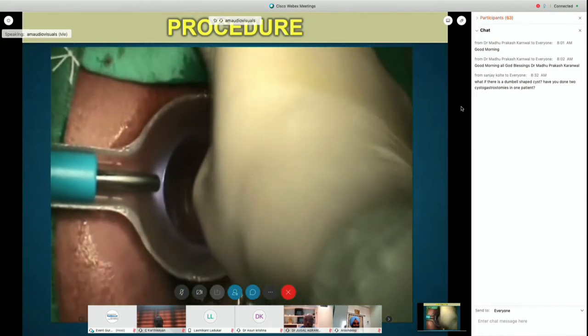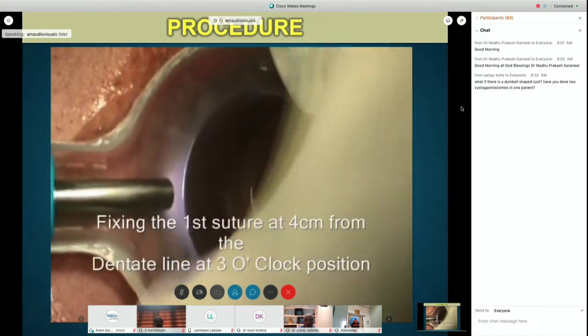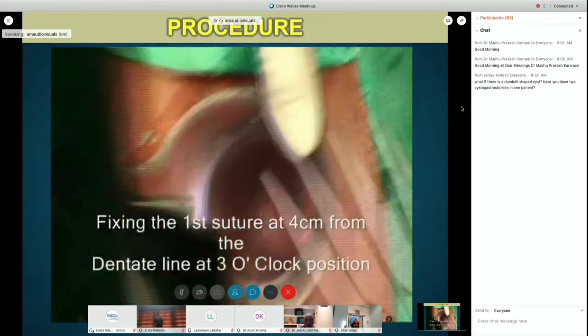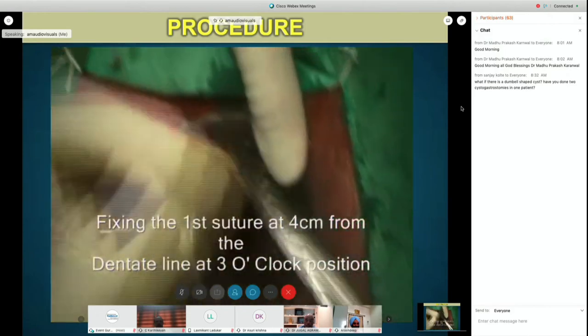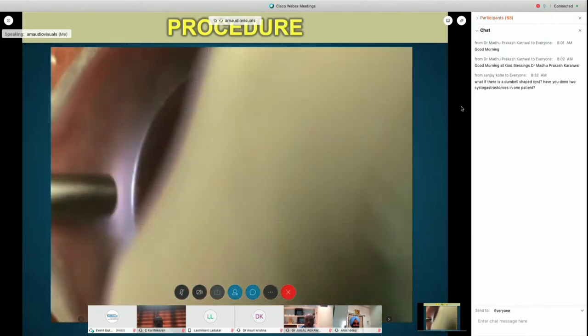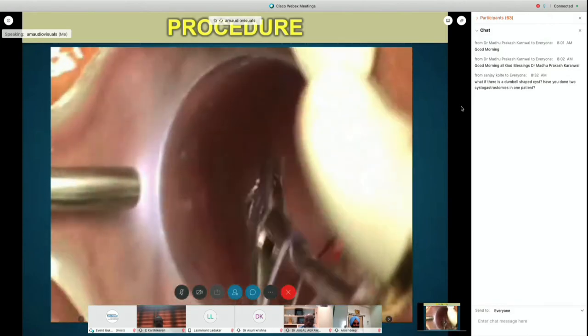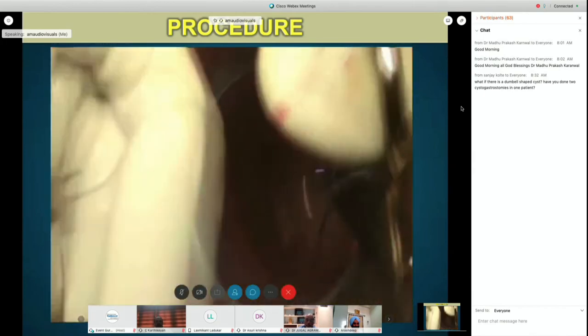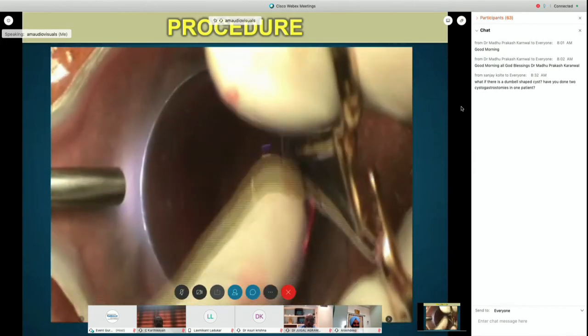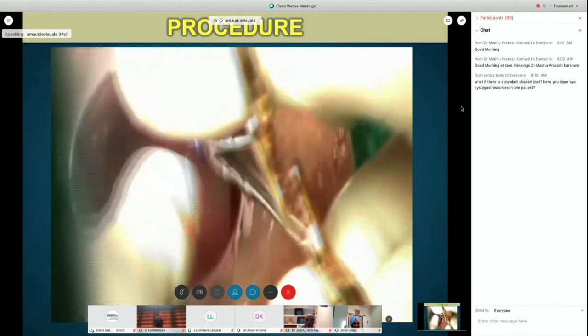First suture is taken at 3 o'clock position. The needle passes through mucosa, submucosa and muscularis mucosa, at 4 cm from the dentate line. The sutures are overriding and interlocking and have no bursting effect.